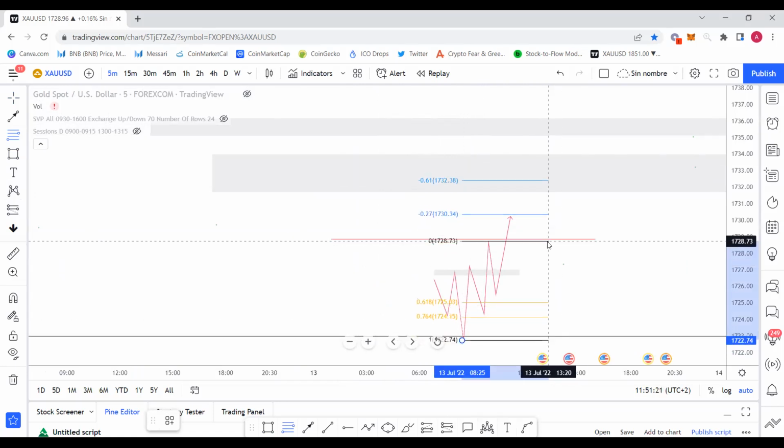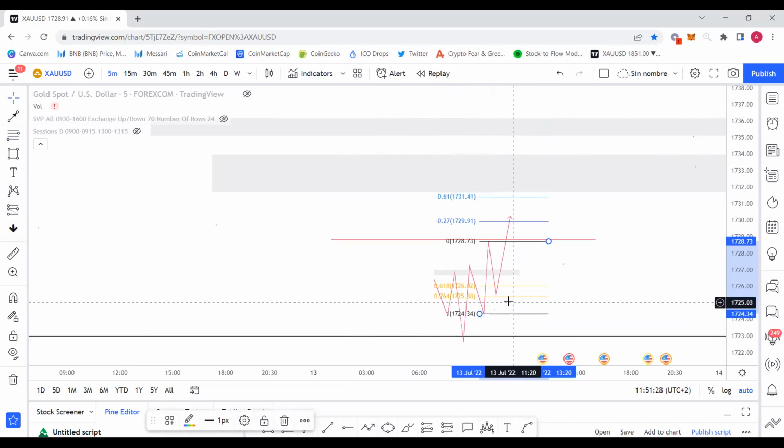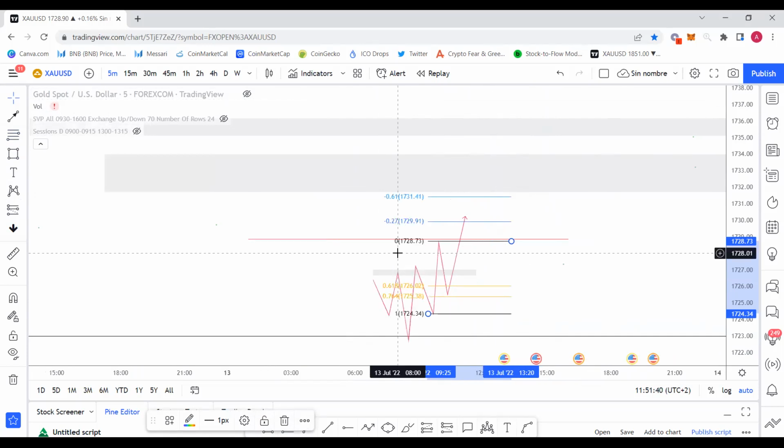As you see, price did not come to the golden zone from the lowest to the highest, but if I was to draw it from this low to this high, price did go perfectly to the golden zone before keeping its uptrend, okay? And as you see, it did not respect the trend line. So whenever you're trading gold, okay, and you're trading these setups, always wait for the golden zone of Fibonacci, guys. I'm telling you, okay? This is what I do, and it's what really works good for me. So yeah, make sure you apply this.